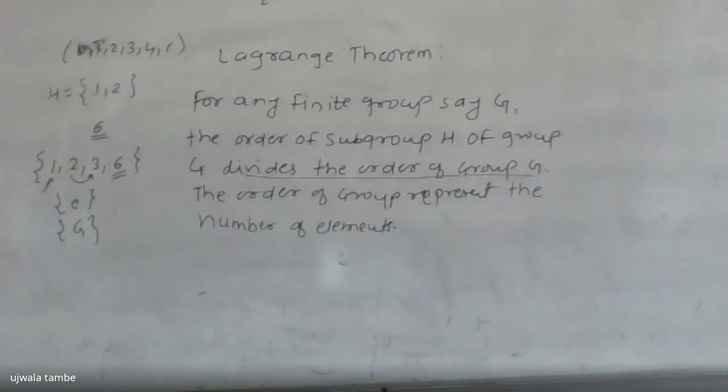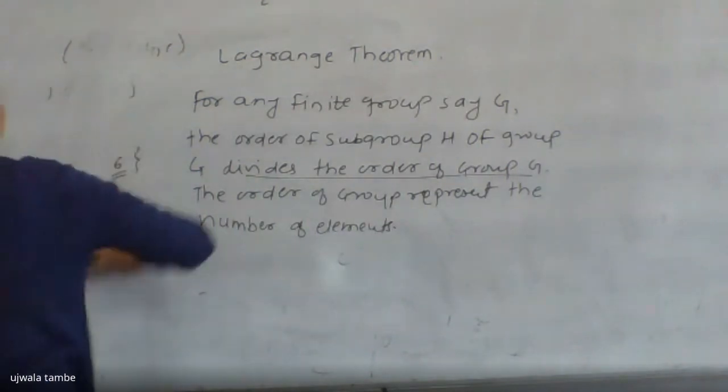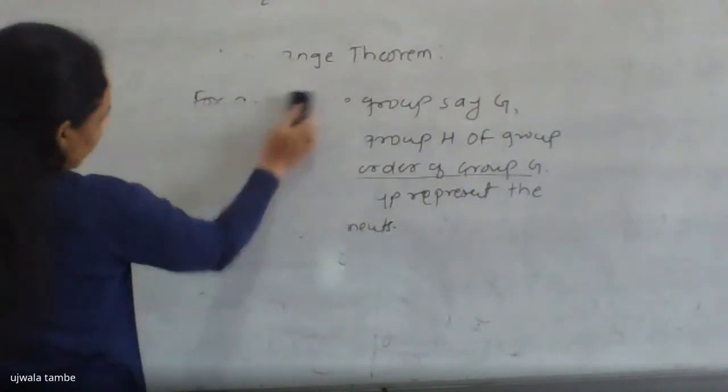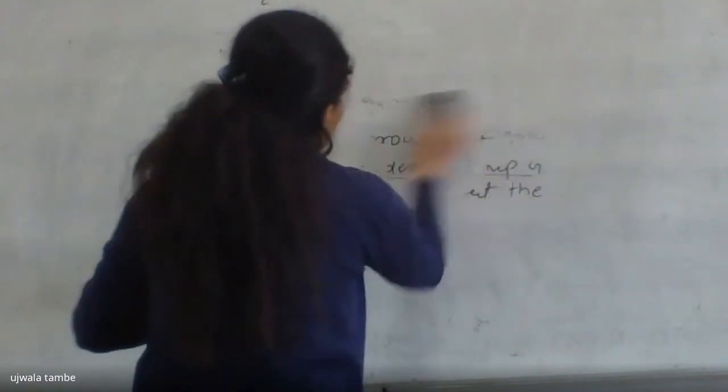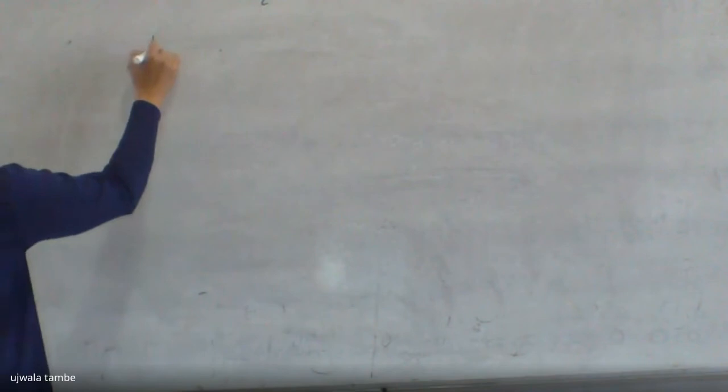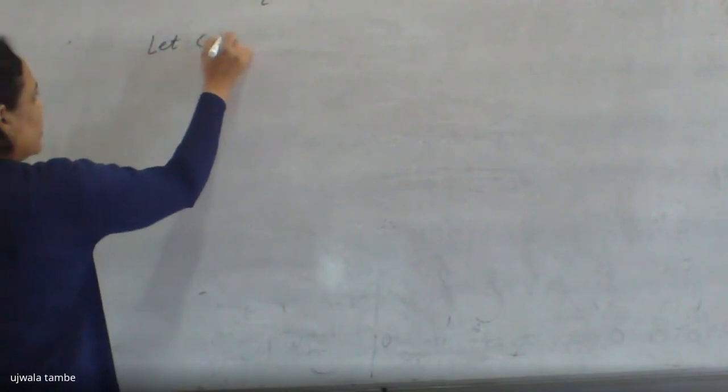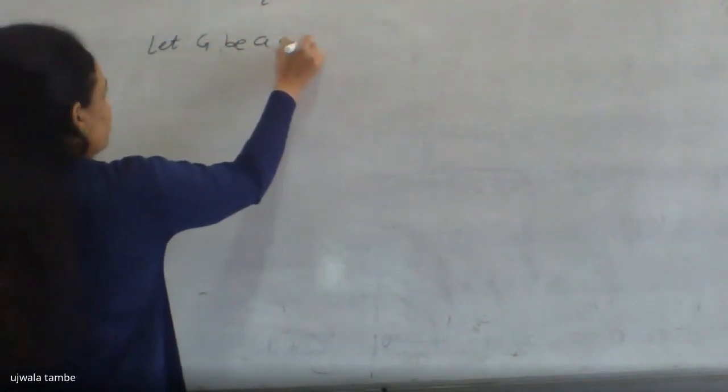Now, there is one question which occurred in the GATE exam 2014. So I am going to dictate the example, or write it down on the board, and you have to tell me the answer. This question occurred in the GATE 2014 examination, which is based on the Lagrange theorem. So write down the question. Let capital G be a group